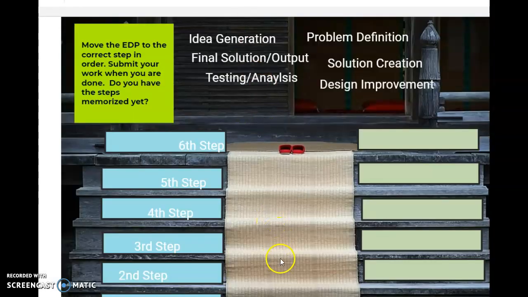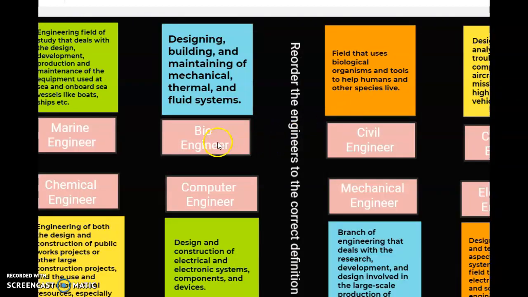First item up, you got a Jamboard. You are going to just grab these and put them in the correct order on the steps. On this Jamboard, you're going to grab bioengineer and move him to the right spot. Okay? And along with the other 7, there are 8. Put them in the right spot. Move the titles, not the definitions. Okay? And then finally, you're going to have